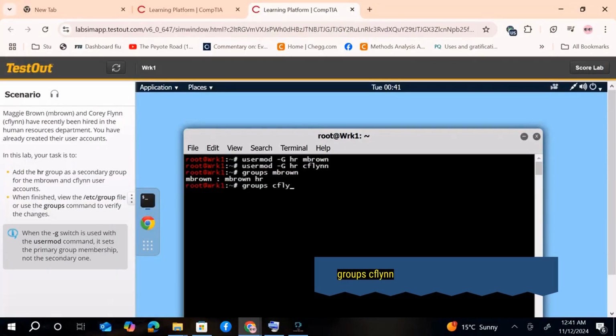Then go ahead and check whether Corey Flynn has been added to the group. So type groups, then C. Flynn as displayed on the screen, and you'll see